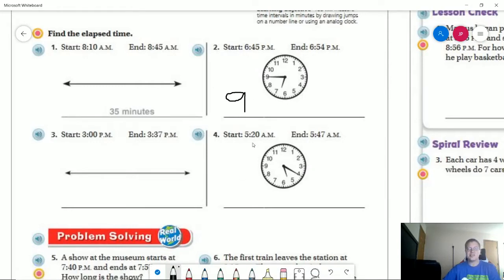minutes elapsed. So number 4, starting at 5:20, we can go 5, 10, 15, 20, 25, and then we have 2 more ones. So that would take us to 47, and that would give us 27 minutes. And again, if we used our strategy where we do 47 minus 20, that would also help us find our